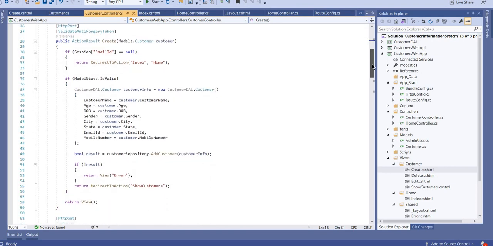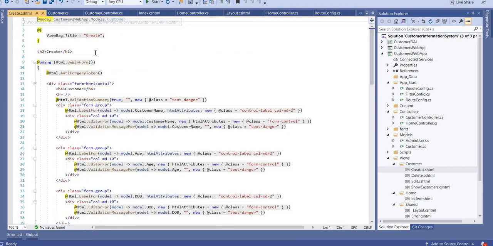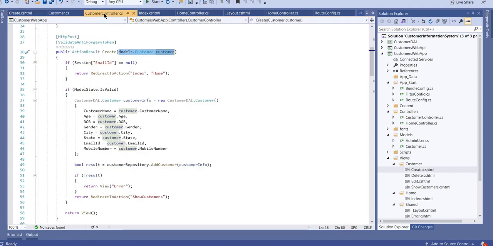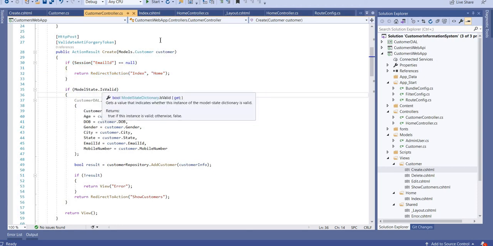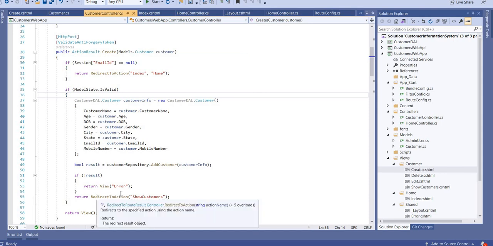Now if you see in this code, HttpPost, ActionResult Create, I am writing model.customer, customers. From where is it getting this? It is getting it from this create. See, model.customer. So when you enter all the values and click on submit, I will get all the values in this model.customer. And this is the normal check I am writing in all the methods: if the session is null, I am redirecting to the home page. If the session is not null, then it will go and check if the model state is valid. The annotations will check which is required and which is not required. If there is any error, it will show the error.